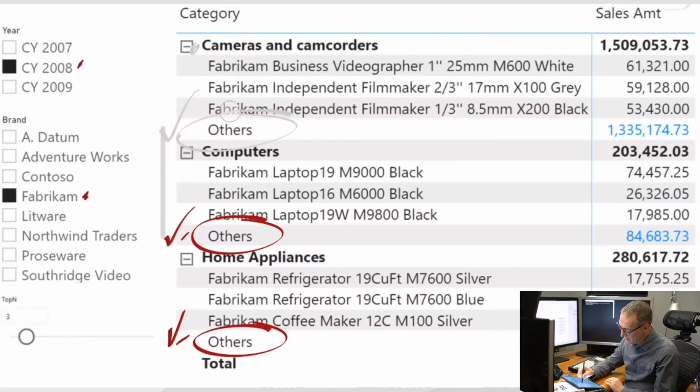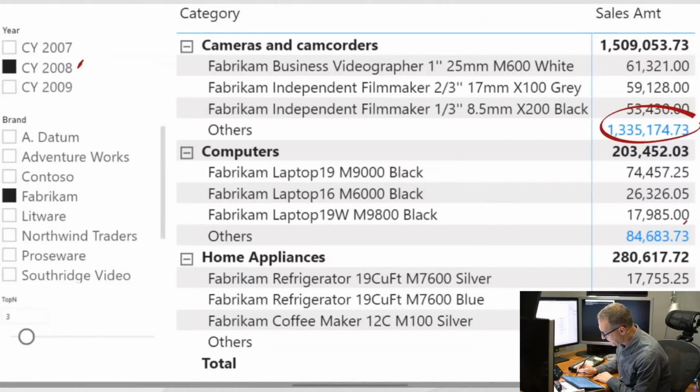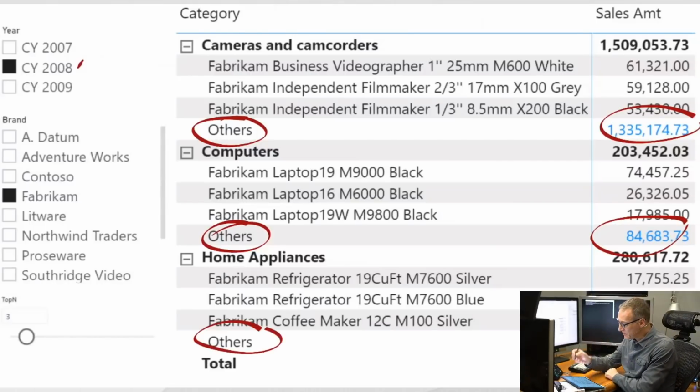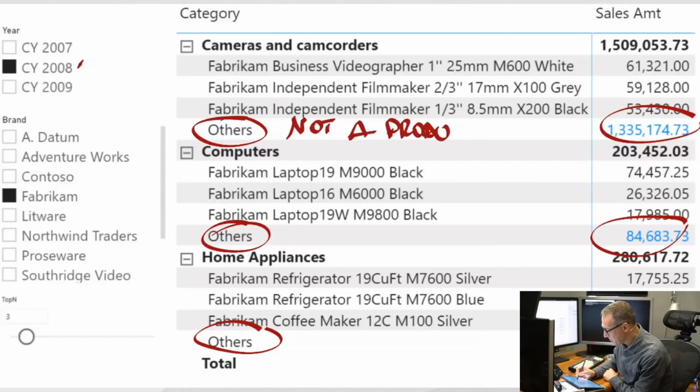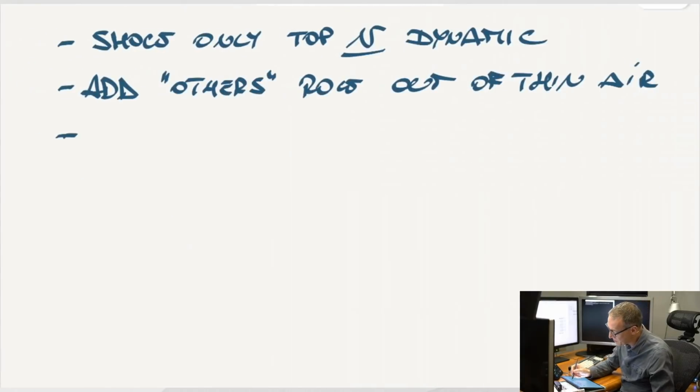model. That is not enough, because once we have the row containing others, we will need to provide values. You see that we have a value here, and a third value here for the row containing others. This is not a product. We said that already. So the sales amount that we show in the first rows is the sales amount of one product. But the sales amount that we show for others is a different value that we will need to compute. That drives us to the third point, which is compute a value.